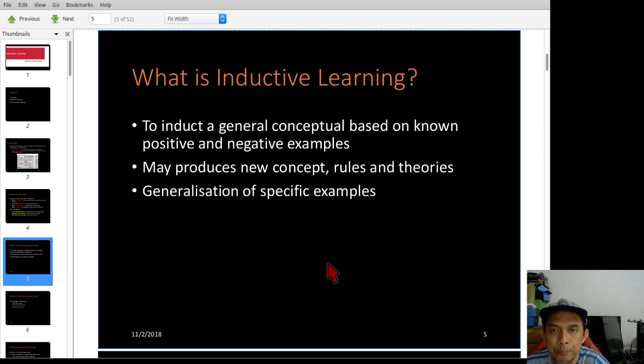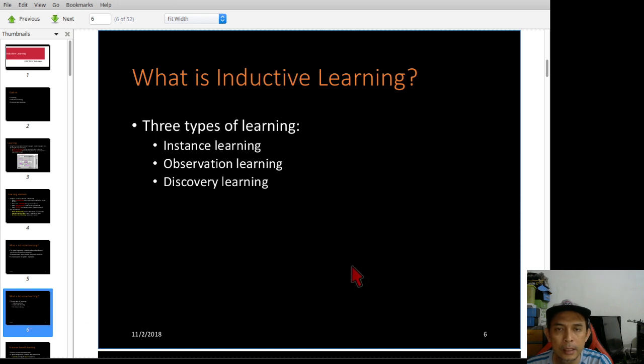Inductive learning. What is inductive learning? It is based on positive and negative examples. It allows you to produce new concepts, new rules, or new theories, and the aim is to generalize based on given examples. There are three types of learning. It can be based on instance learning, observation, or discovery.